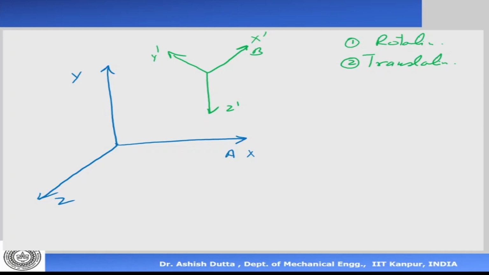Now there is a point in frame B. Let's call this point P, with coordinates U, V, W in frame B. The same point in frame A is AP, which is X, Y, and Z. UVW means the extension along the X, Y, and Z axes of frame B. Now I want to know what is the coordinate of this point, expressed as UVW in frame B, in terms of frame A, because I'm interested in the reference frame which is not moving.